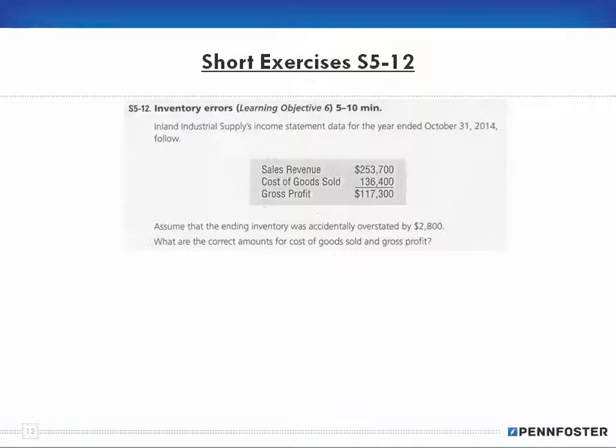Inland Industrial Supply income statement data for the year ended October 31st, 2014 is as follows. Assume that the ending inventory was actually overstated by $2,800. What were the correct amounts for cost of goods sold and gross profit? Okay, so